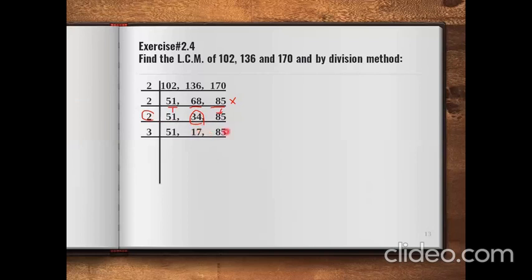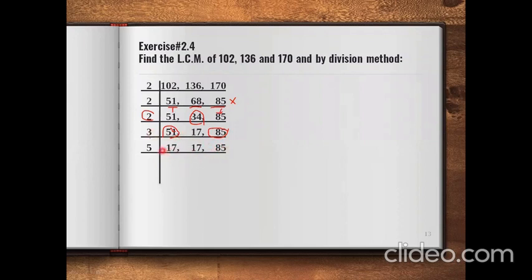Now, as you can see, this 85 can be divided by 3, and 51 can also be divided by 3. So you will take another number, that is 3. After dividing, 3 into 1 is 3, and you will get 2 as a remainder here. It will become 21. So 3 into 7 is 21. 17 cannot be divided by 3, so you will copy it down as it is, and then you will write 3 here as well, because 15 cannot be divided by 3.